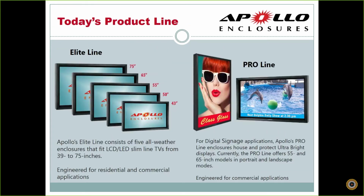Today's product line in the last 3 years has now expanded to have 5 different models from 43. We're calling it a 43 now because they stopped making 42, so our 42 will actually fit 43s, all the way up to 75-inch. And this year we introduced our Pro line, which is a digital signage enclosure. Our standard Elite line is for residential and commercial, good for hotels and patios, hotel patios and theme parks and